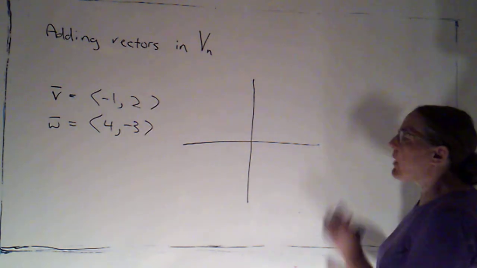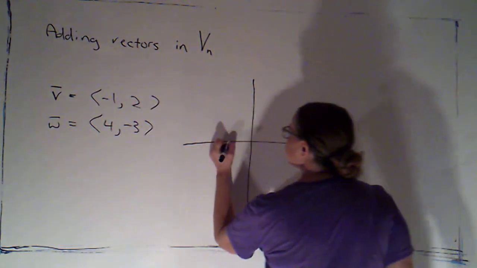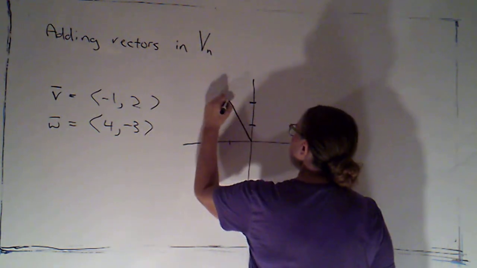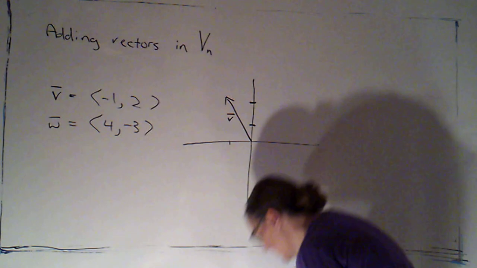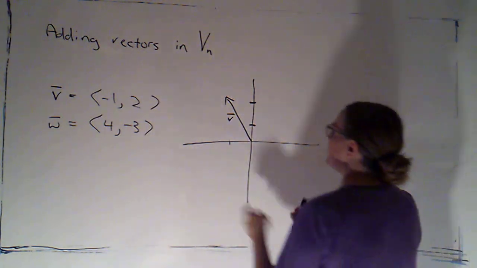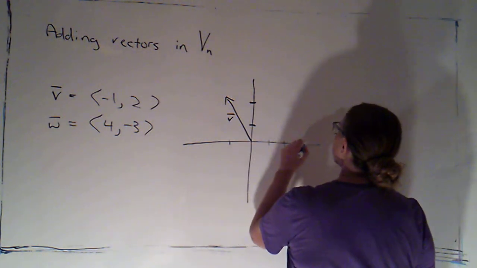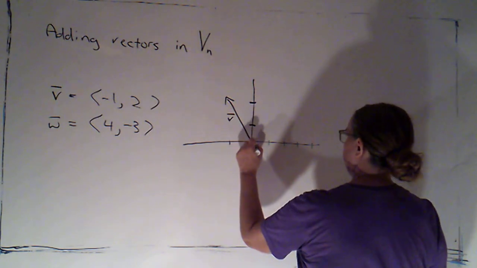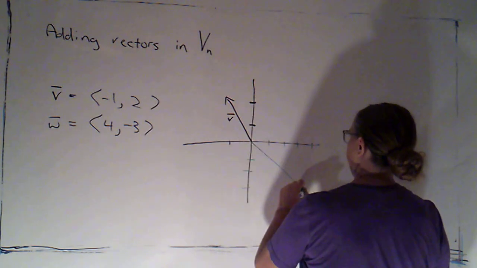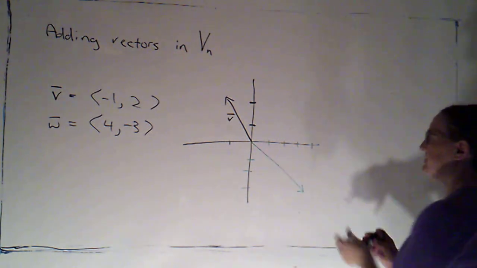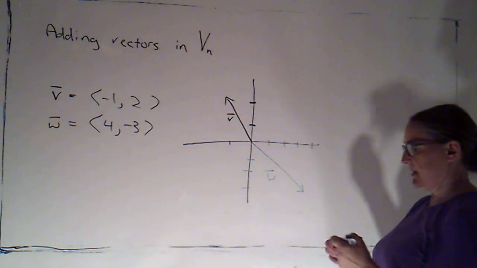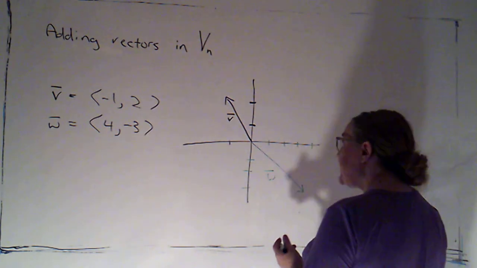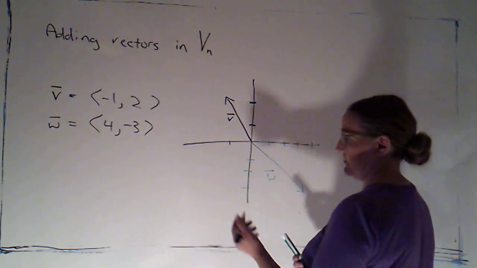Okay, so I'm going to draw both vectors initially just in standard position. So here's V, -1, 2. Just to keep track of things, I'll let W be a different color. So 2, 3, 4, down 3. Okay, so there's my W. So if I want to calculate V plus W,